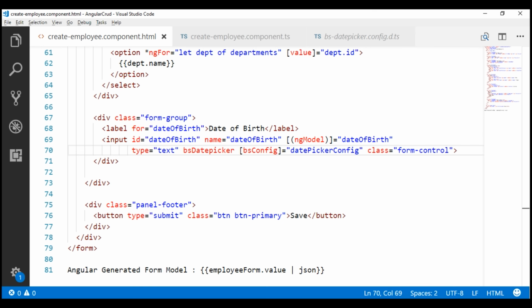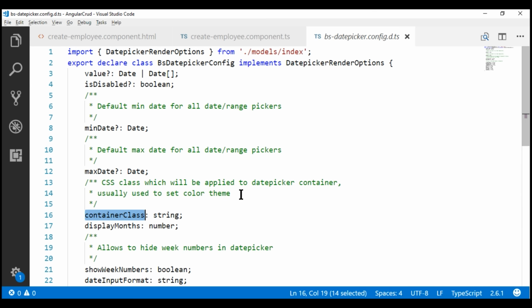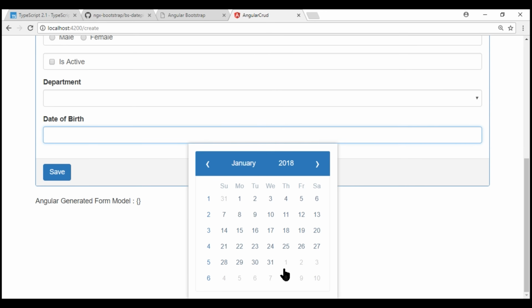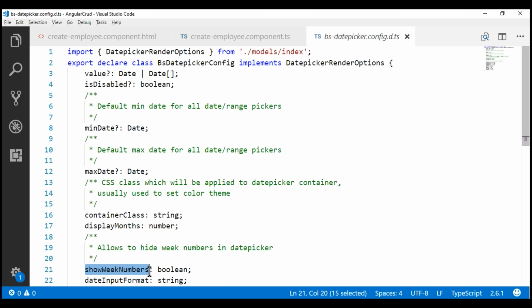Using the datepicker configuration object, we can control several things. For example, we can show or hide week numbers. Now if you look at the bsDatePickerConfig object, notice it has got this property showWeekNumbers. It's a boolean property, meaning we set it to true or false, and by default it is set to true. So if we take a look at the calendar, notice the week numbers are displayed. Now if you don't want them to be displayed, all you have to do is set this property to false